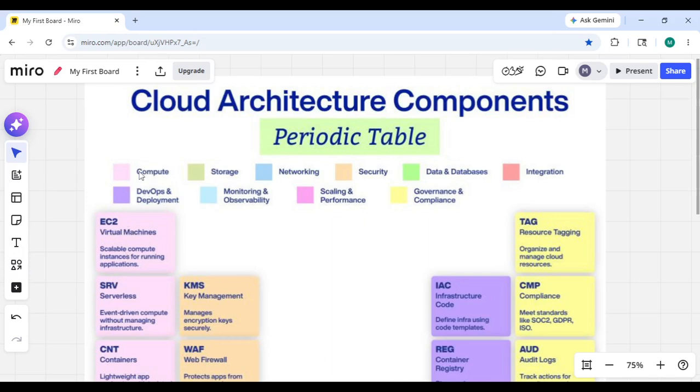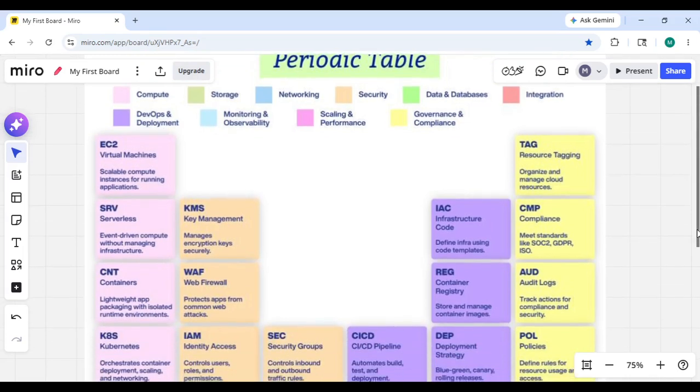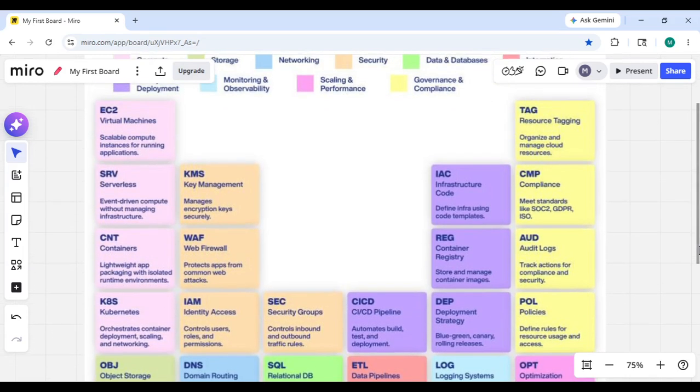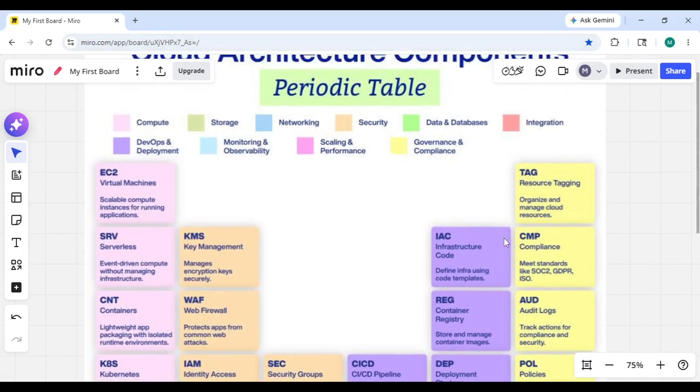For compute, we have EC2, serverless, EC2 virtual machines, containers, and Kubernetes. All these belong to compute. Next is storage.